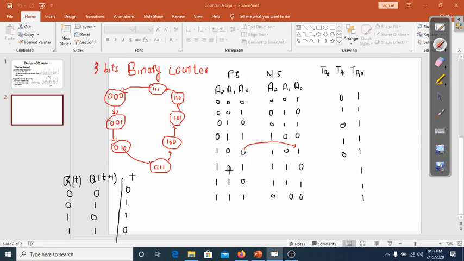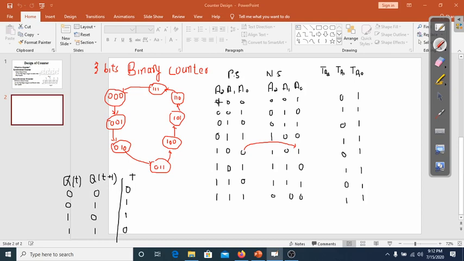Here the present state is 0, next state is 1, so input is 1. Present state is 1 and next state is 1. This one is the present state, this one is the next state, so the input is 0. Here present state is 1, next state is 0, so the input is 1 here. For this bit, for A2,